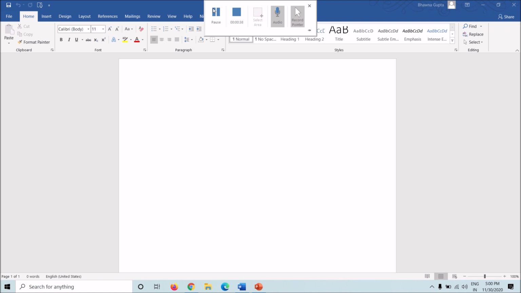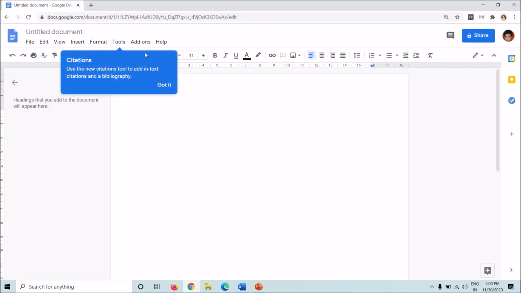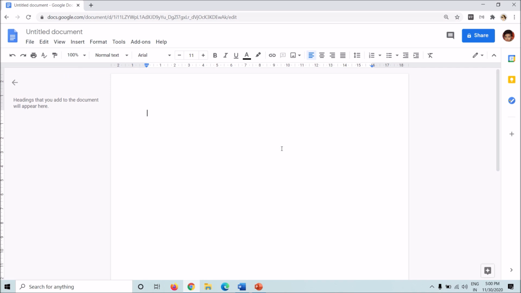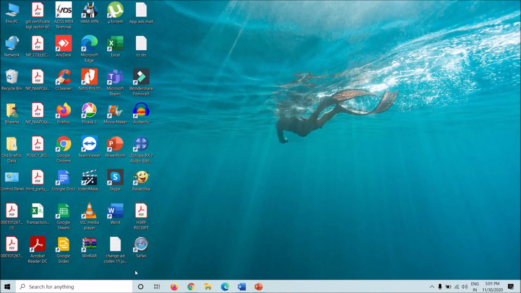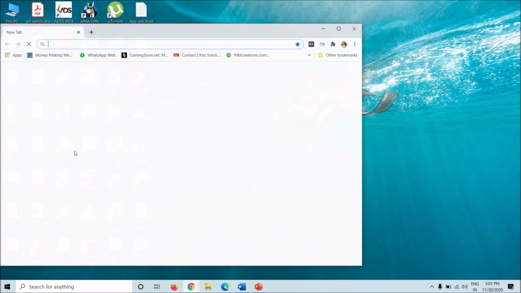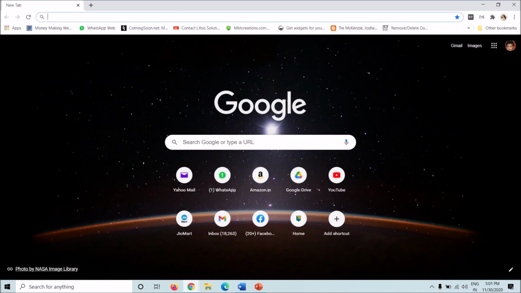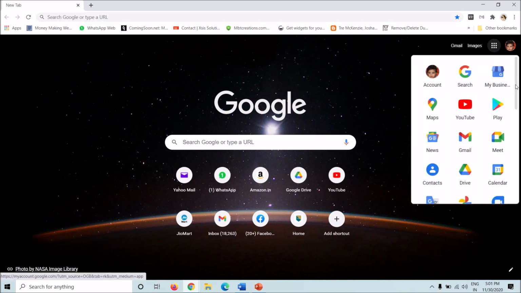internet access. Yes, you can easily control it after being given the access. You can easily control it, but it works when you have access to the internet. So this is how Docs works. You'll have to go on Google Chrome. Your account should already be logged in. If not, you have to create a Gmail account, and that would give you access to all the amenities that Google provides, including Docs.